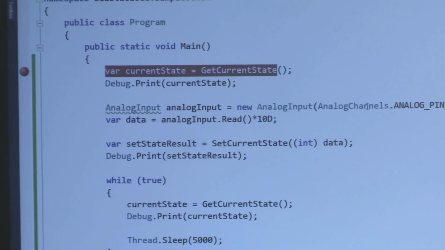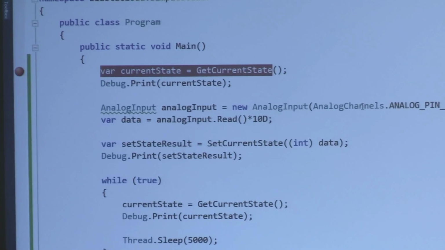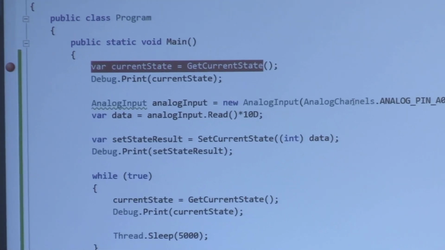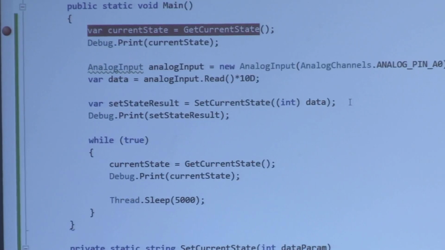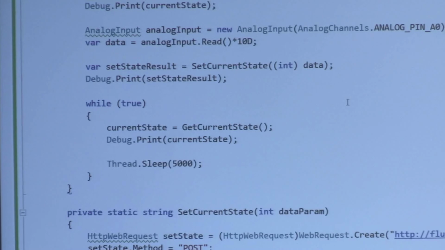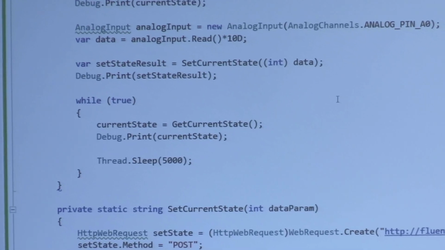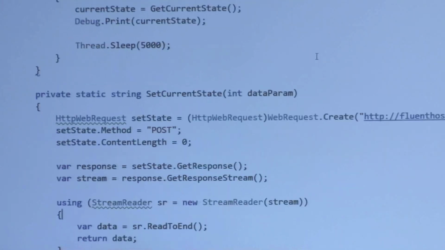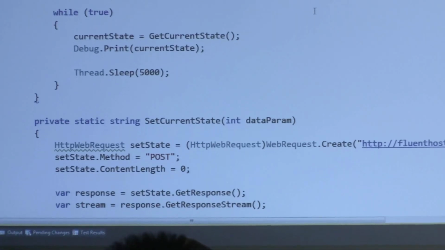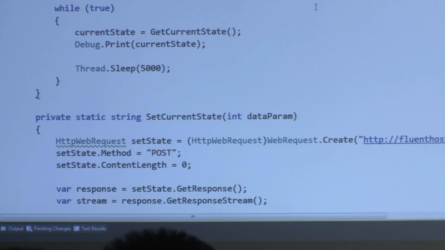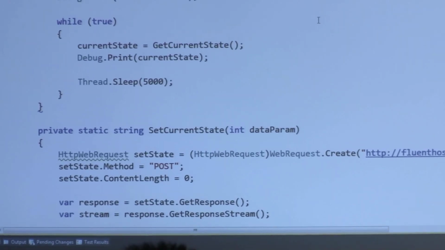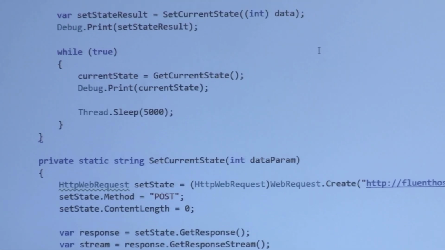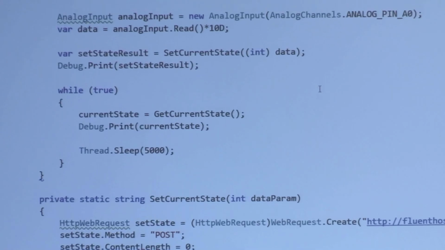we create our analog input, again, same as always, to allow it to communicate with its I/O, so it can see what the number of instances that it should have. And we read the value of the potentiometer, multiply it by 10, so the maximum we ever get is 10, the minimum we ever get is 1. And it checks the current state of what's happening in Azure, and it sends a message off in order to change the number of instances from whatever it was to the value that you've done with your potentiometer.